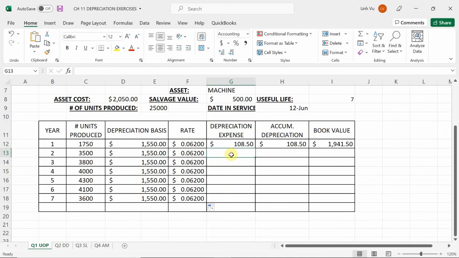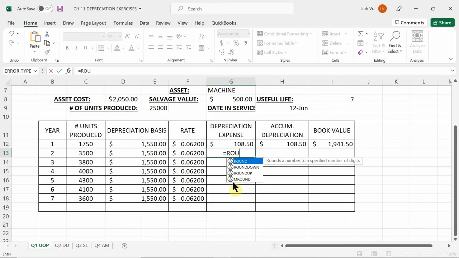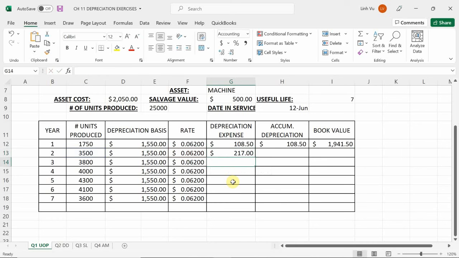So in this case, for year 2, how much is my depreciation expense if I produce 3,500 units? 217. Good. So then my accumulated depreciation for year 2 is going to be 325.50, which brings my book value down to